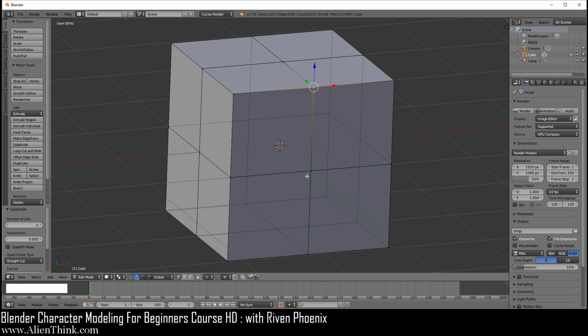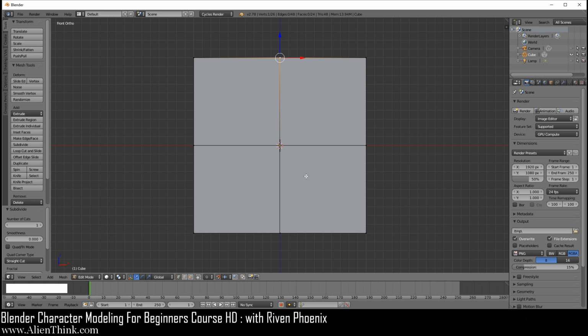So I'm going to go back into my front view, and I'm going to press the A key to deselect everything. If I press the A key, it selects everything. I'm going to do A again to deselect everything. We're going to be using this key quite a bit to make sure that we've not selected any vertices. For now, just click on this vertex over here like this. I'm just going to move it 2 times over here. Okay, we're now going to undo this. So you're going to do Control Z to undo this. If you do Shift Control Z, you can redo that. So go ahead and undo that and A to deselect.